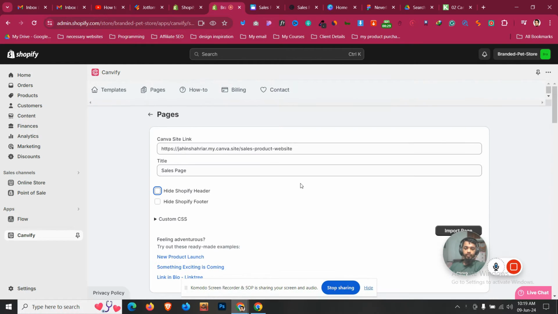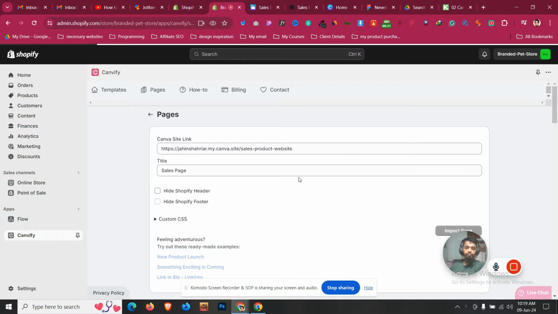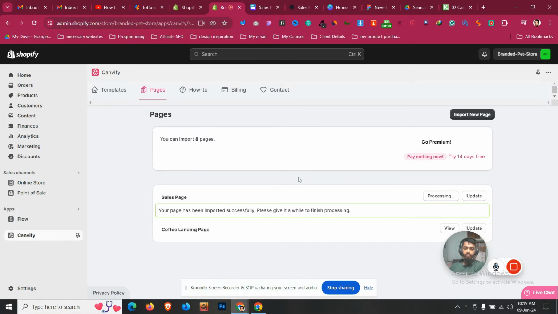Then you can see this is how it looks. Then click on import page, and our page will be imported into Shopify. And then we can see that this page is live. So it will take some time. As you can see, it is processing,